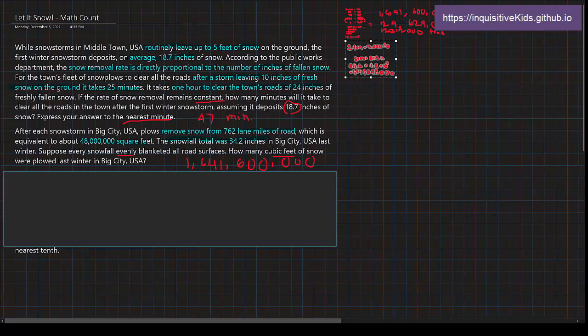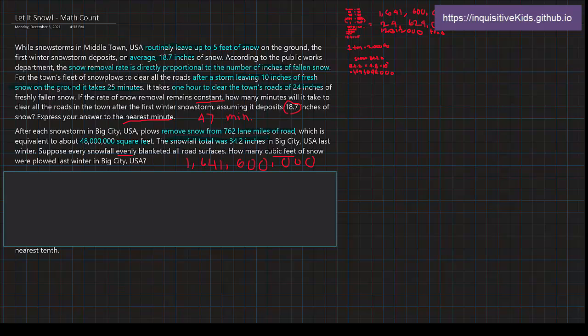Twin brothers Kenny and Aziza live in small town USA where it snows an average of 55 days each winter. They take turns shoveling the walkway after each snowfall. Kenny can shovel the walkway in 22 minutes, while it takes Aziza only 14 minutes to shovel the same walkway. How many minutes will it take to shovel the walkway if they work together? Express your answer as a decimal to the nearest